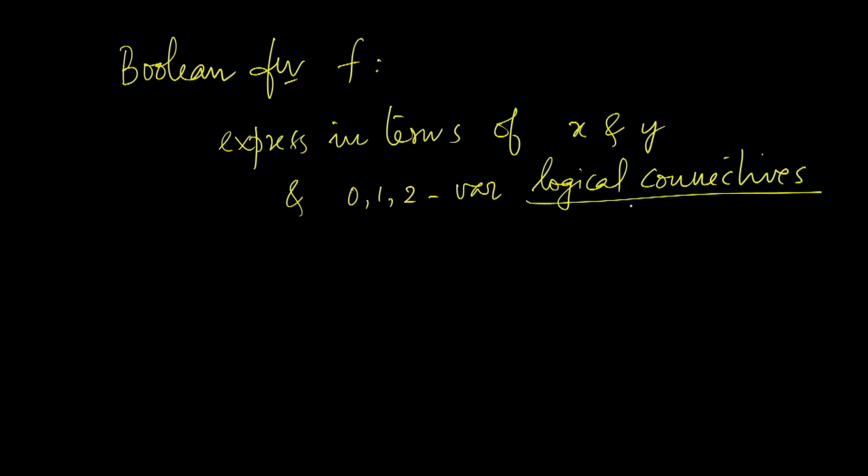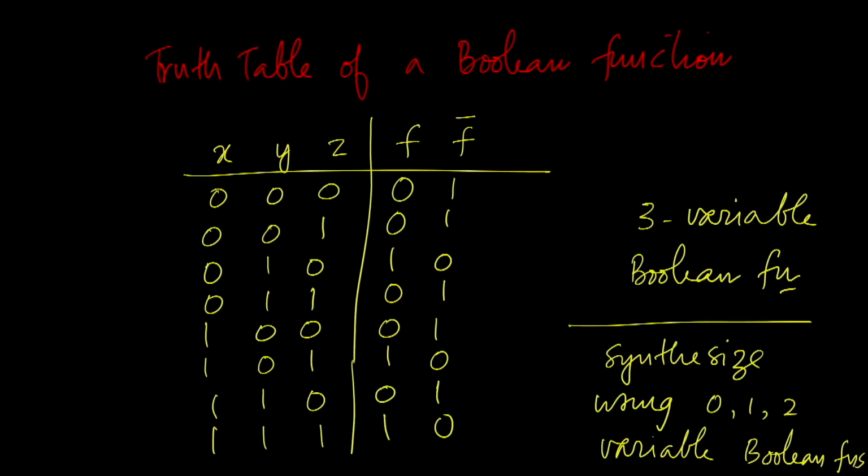Logical connectives are the same thing as Boolean functions. So let us see how f can be expressed in this form. For that, let us take another look at the truth table corresponding to f. So here we find that f is 1 precisely when x, y, z are 0, 1, 0 or 1, 0, 1 or 1, 1, 1, that is 2, 5 and 7, which means f is logically equivalent to